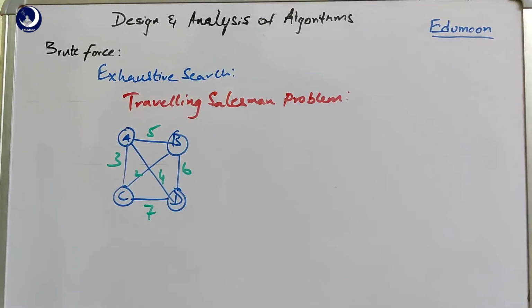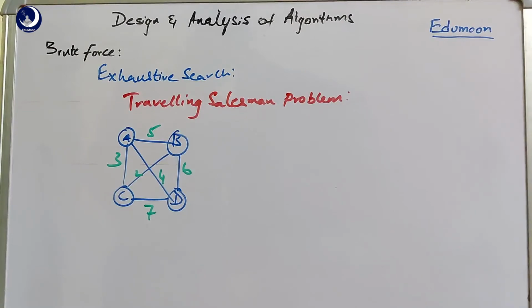Why this is named the traveling salesman problem is that we assume there is a salesperson who needs to visit 4 different cities, like in this example, or else n cities. Currently he is in one city, he should visit all the cities exactly once and come back to the original city where he resides. So what is the shortest distance he should cover to visit all the cities? That is the tour. The tour with the shortest distance is the answer. So they named this problem the traveling salesman problem.